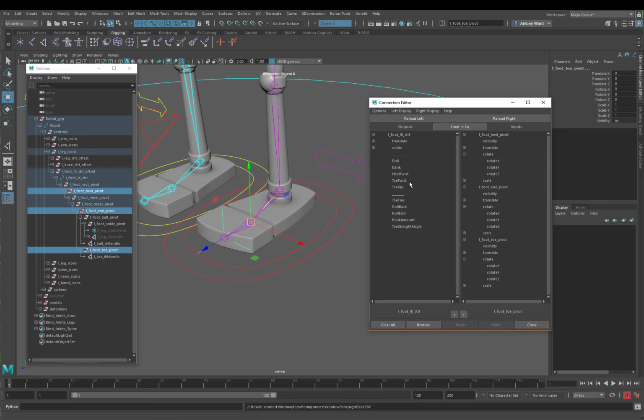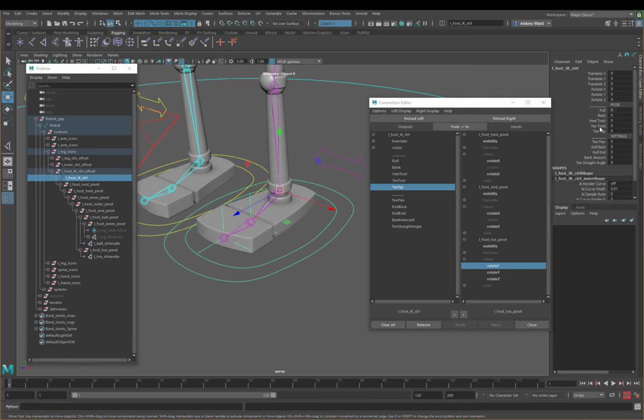So there we go. So we're just going to connect these attributes to the rotations. So heel twist is just going to go to rotate Y. Toe twist is just going to drive the foot end, rotate Y. And the toe tap is going to drive the toe pivot's rotate X. Now they're just pretty straightforward